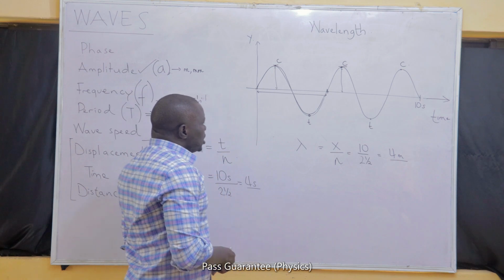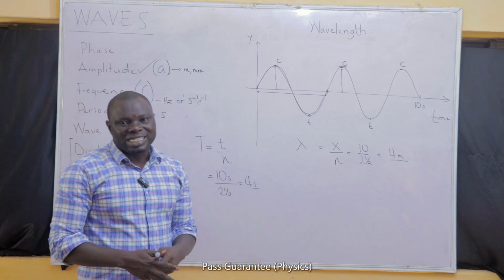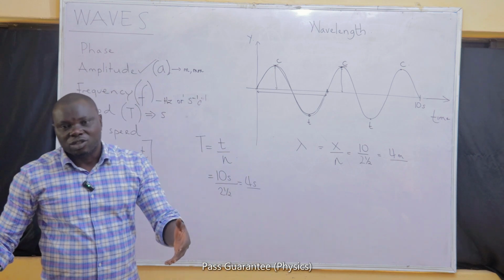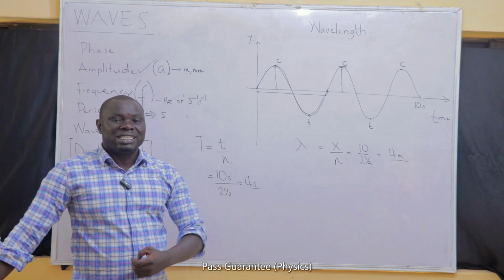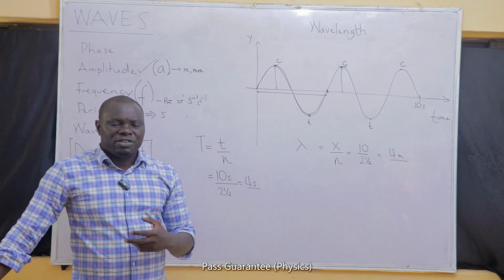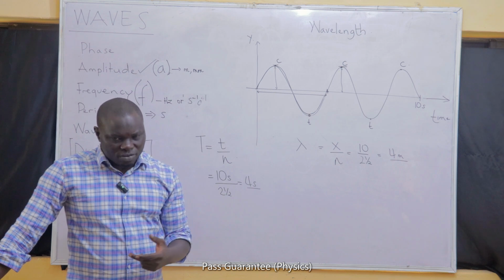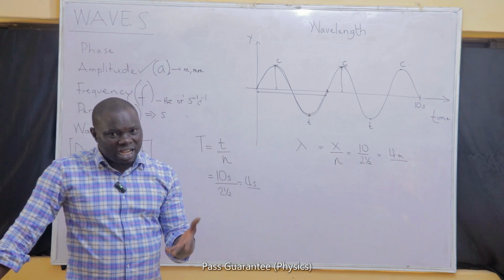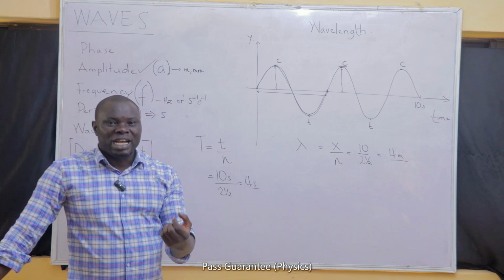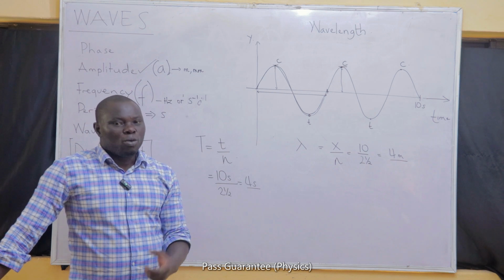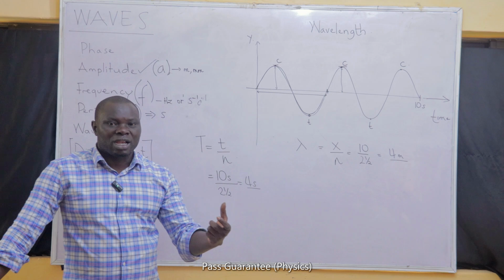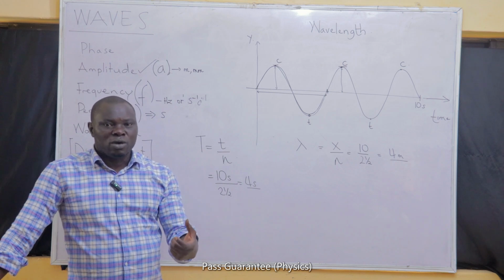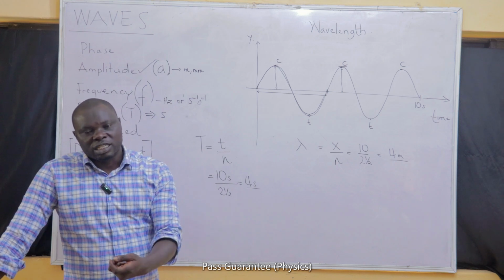So when we do that, I can now tell you that a cycle has so many definitions. Whatever depends on the cycle can also be referred to in so many different ways. I can define a wavelength thus. A wavelength is the distance traveled by the wave in one cycle. A wavelength is the distance traveled by the wave from a crest to another crest. It's the distance traveled by the wave when going from one crest to another.